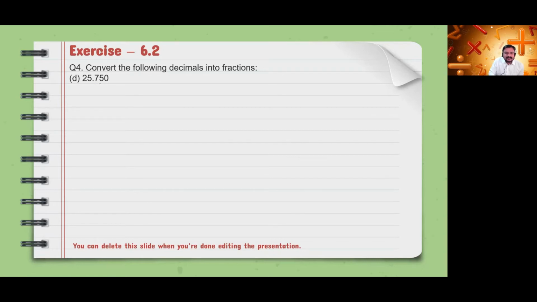Next year, see this 0 has no importance. If you take this 0 or if you don't take this 0, see 25.750. If we put n number of zeros also after this 5, it's of no use. So 25.75 only. This value is equal to 25.75 only, because here the zeros are after the decimal point.